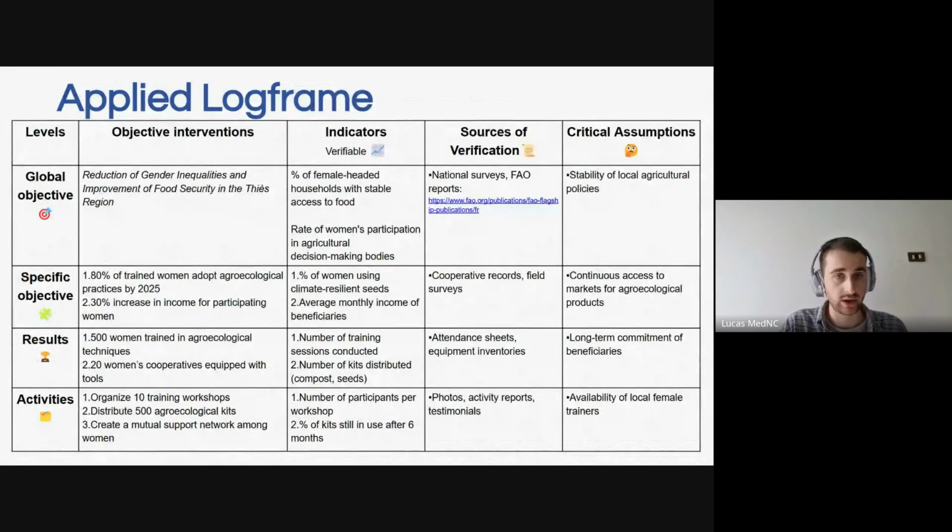So why would we use this log frame? The goal of the log frame is also to check, because you will build it at the beginning of the project. Someone is raising their hand. Sorry, I didn't see. Who's speaking? Innocent.